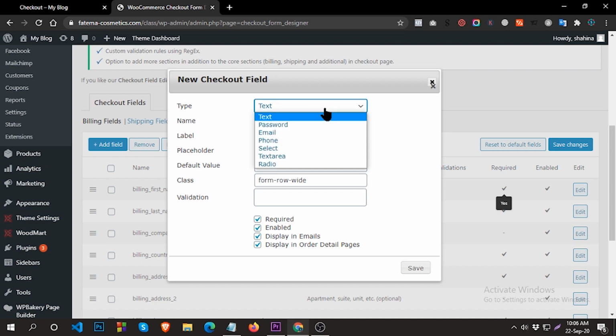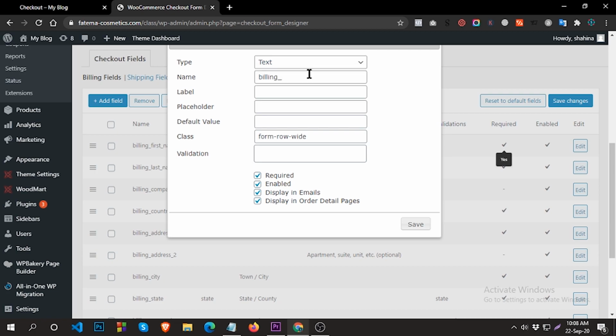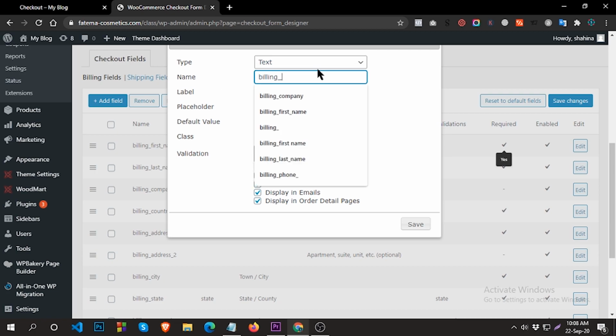This is the type. You can add password, email, phone, select, text area, radio. This is amazing. And this is the name field. Here you can add first name, last name, phone number, anything. You can select the type from here, then write the name here.